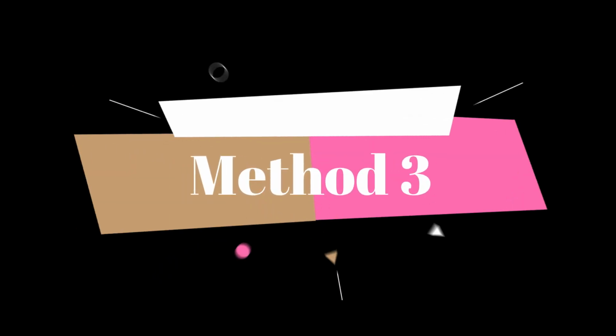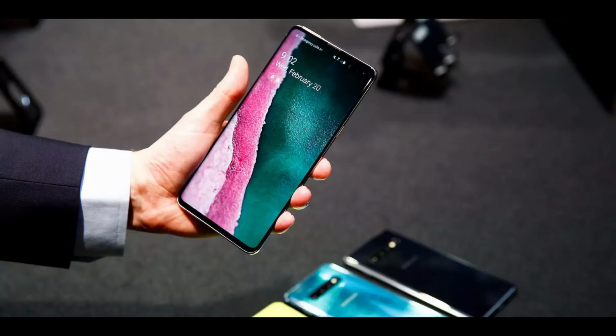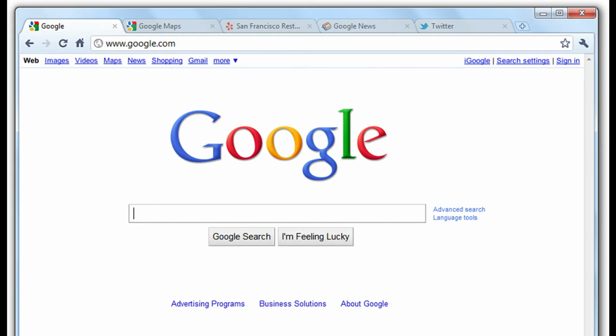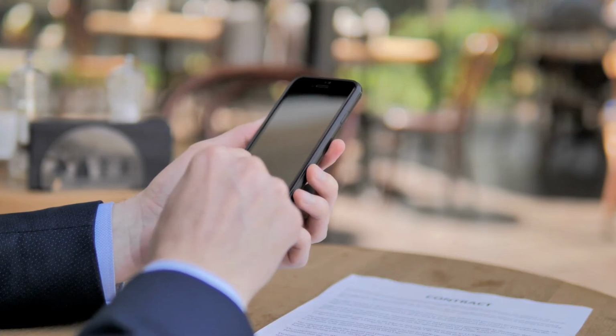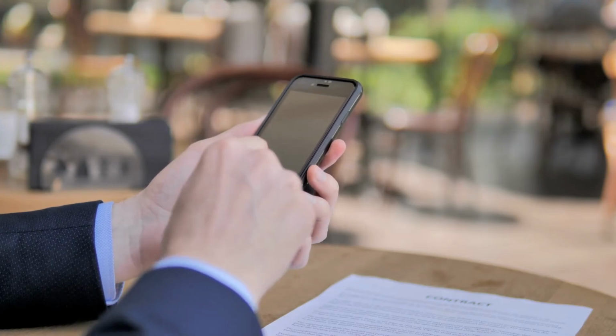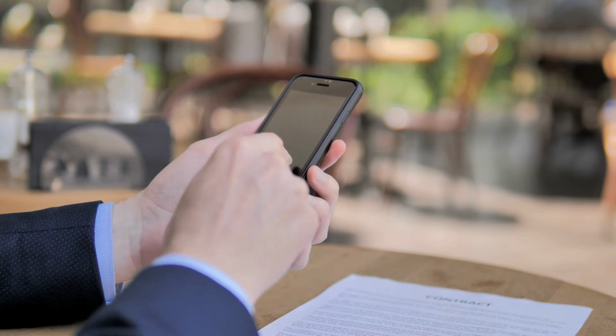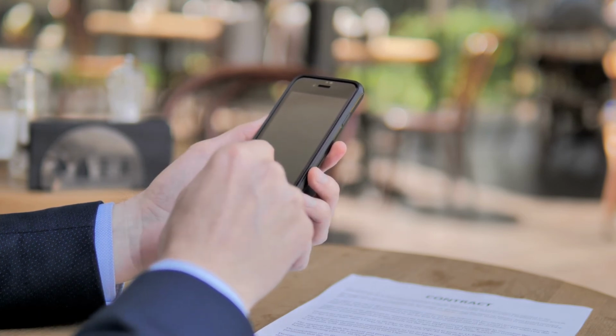Method 3. Using the Send to Phone option. In this case, you can use this method to complete your work without any disturbance. However, this method will only work if your email ID is synchronized on both the computer and your device. The instructions are: launch Chrome browser on your PC, open a new tab, search for the website you want to visit, right click on the search result, and select the Send link to phone option. You will get a notification on your phone with the link of the website.